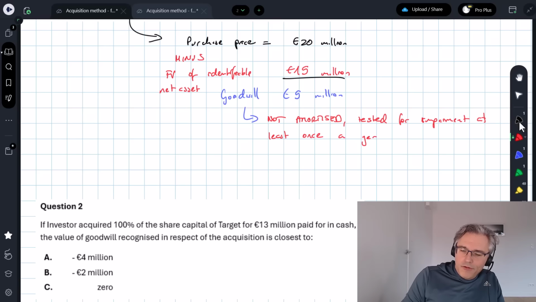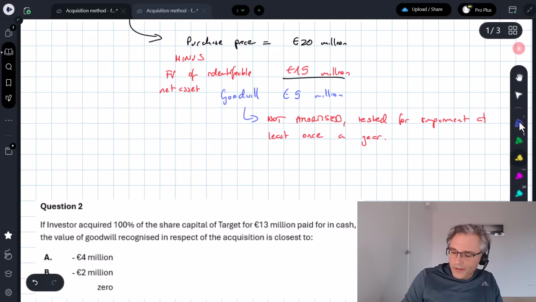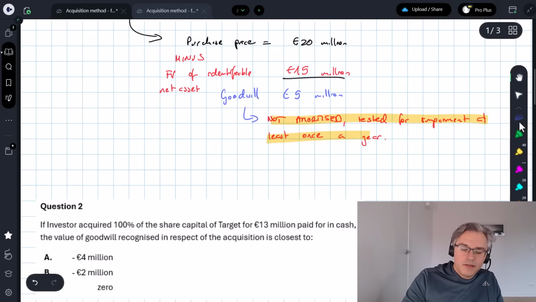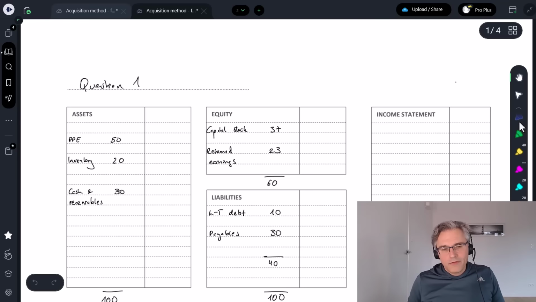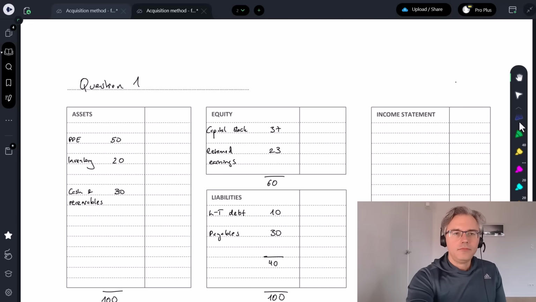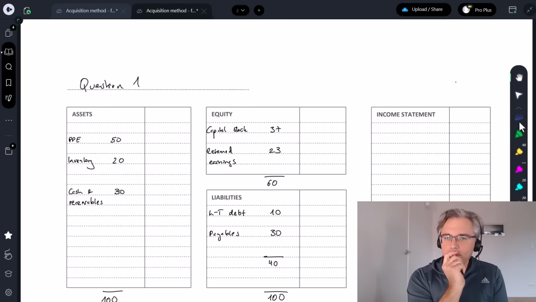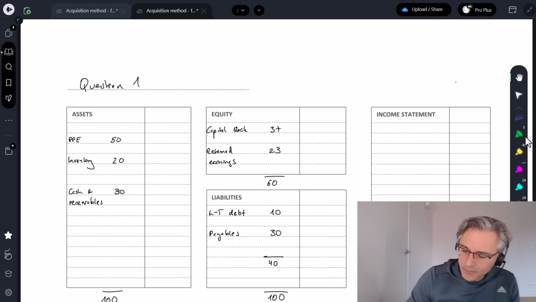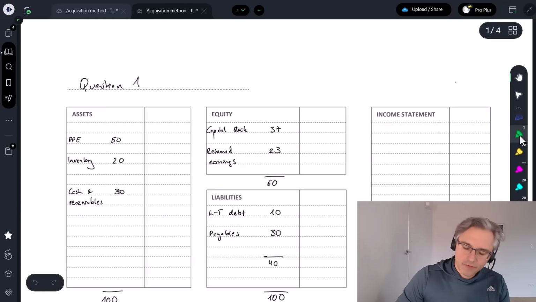You can do it more often. Typically nobody does. Right, not amortized, but tested for impairment at least once a year. And I want to show you the consequences of what we just did over here, using a financial statements template,